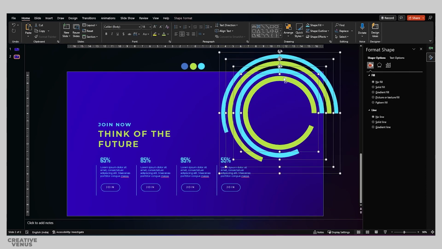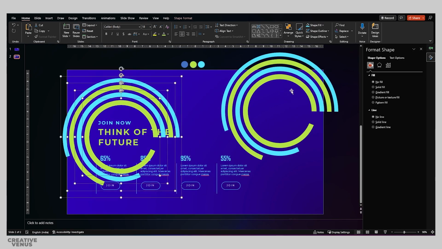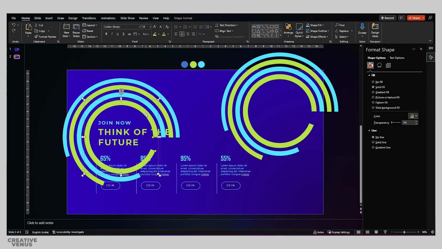And let's do one more thing. Now select this graphic, create duplicate by pressing Ctrl C and Ctrl V. Click here. You need to double click here to select this arc because this is a grouped item and it has one arc and one circle which is 100% transparent. So make sure you have selected the arc. So here is a trick. Click on the arc 2 times like this